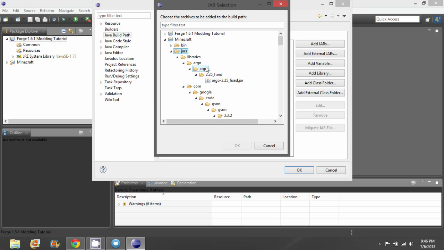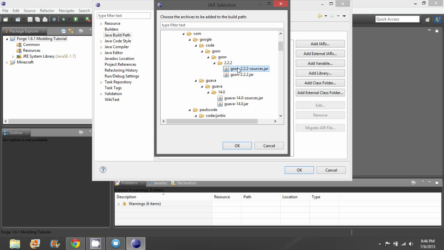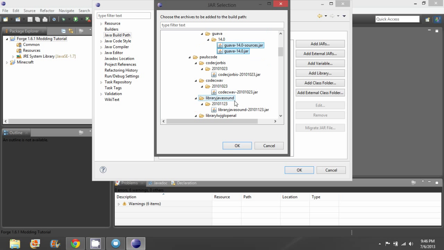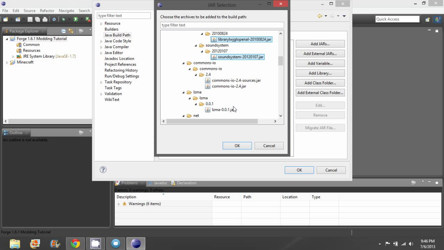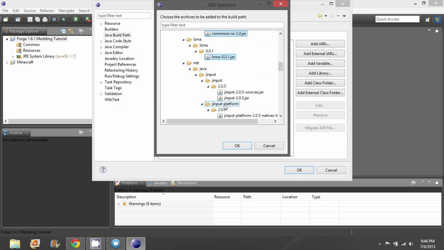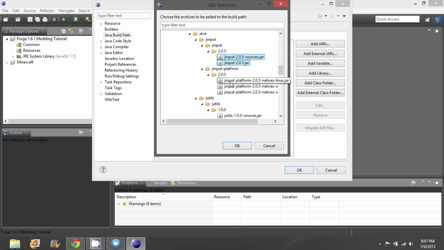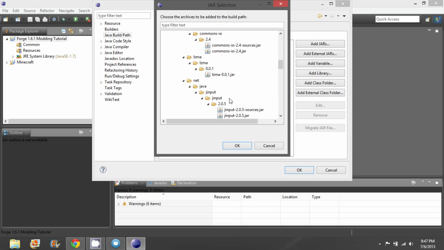And so now that everything inside of jars is expanded, I am going to left click and control on all of this. We might not need it now, but we might need it later.